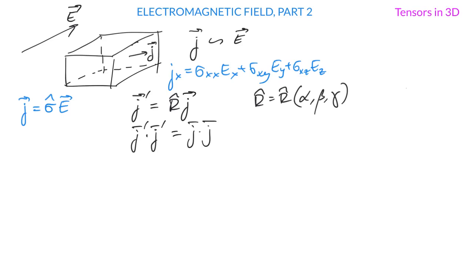So when we write J prime dot J prime, we don't think about the matrix structure of this expression because the inner product just multiplies every component of one vector with the corresponding component of the other. But if we want to be strict about this